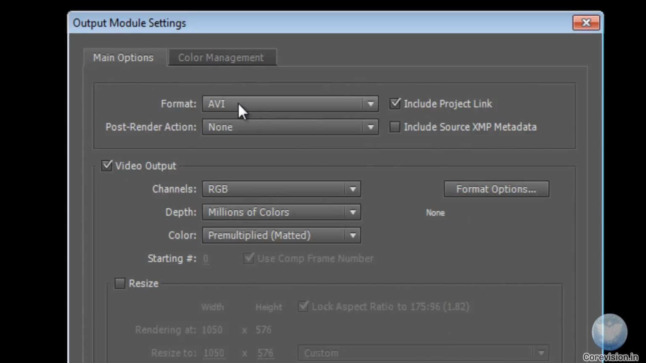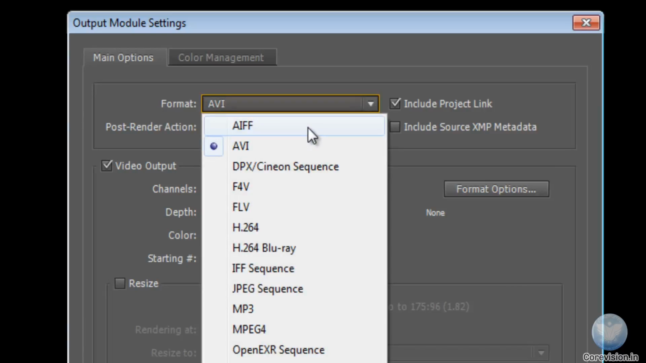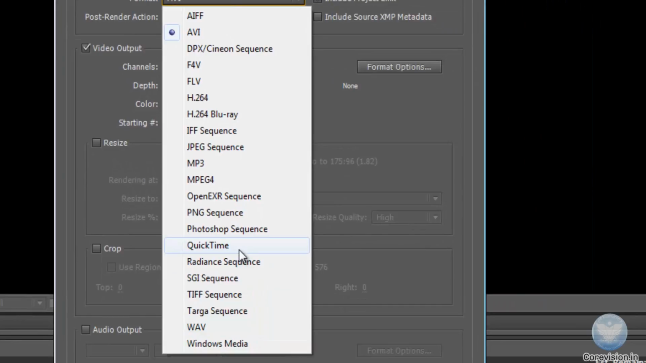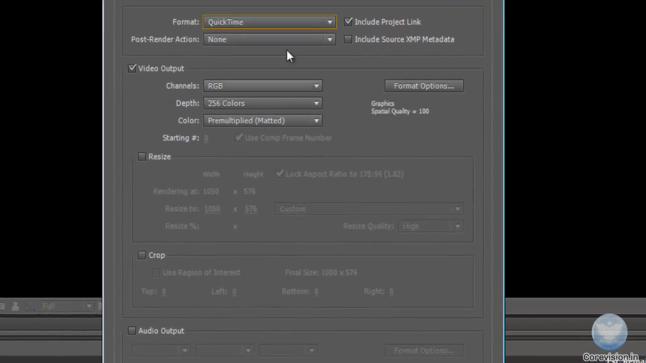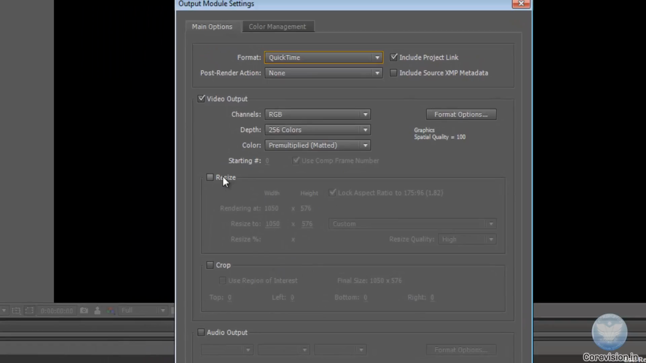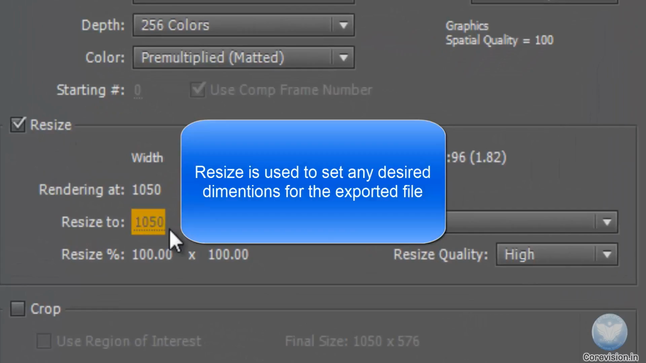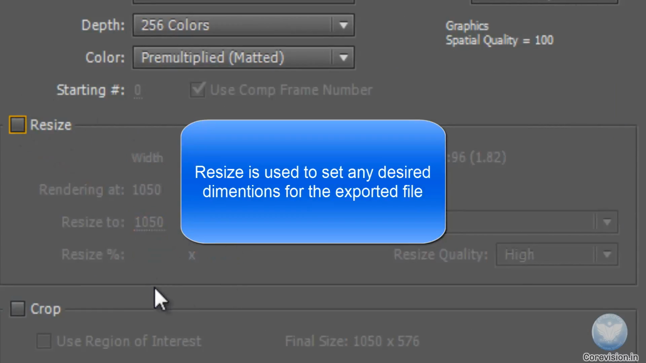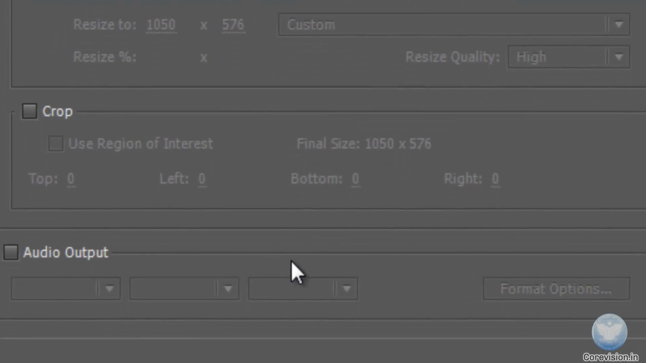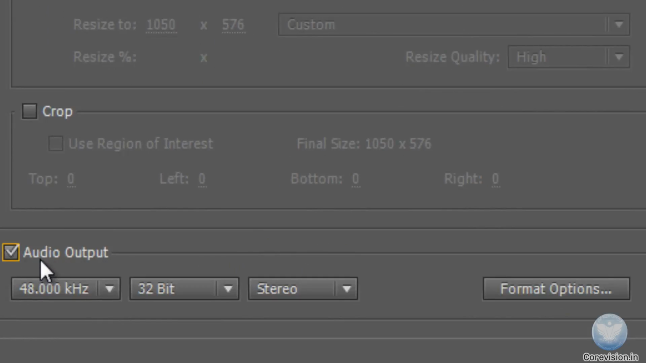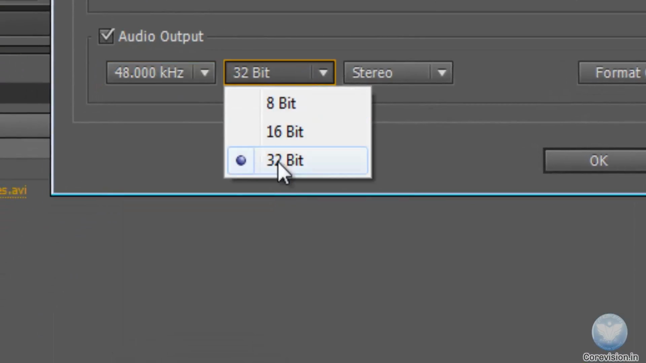We have first option as format, we have AIFF, AVI, FLV, MP3. For the purpose of this tutorial, let's select QuickTime and leave these settings. Now resize is resizing in the required dimensions. We don't want to resize it, we don't even want to crop that, and we don't have an audio. But if we did have an audio, we have to check this in order to get the audio in our render, and we can change the audio options from over here